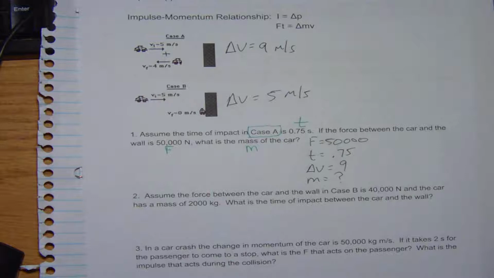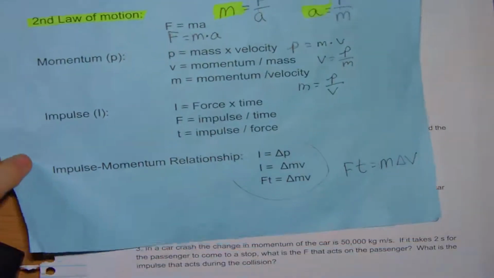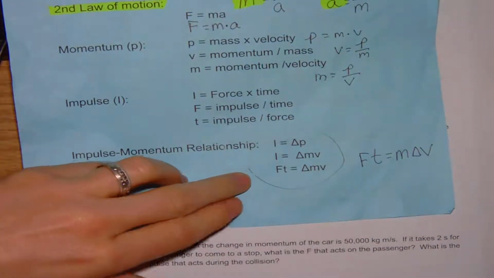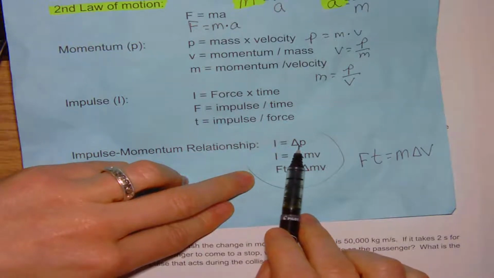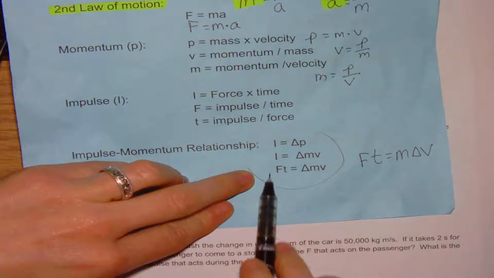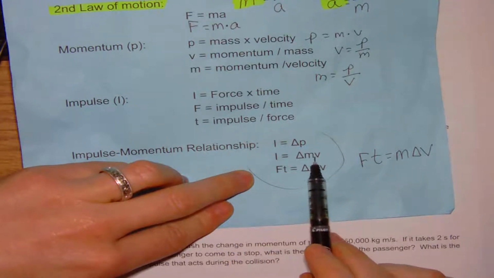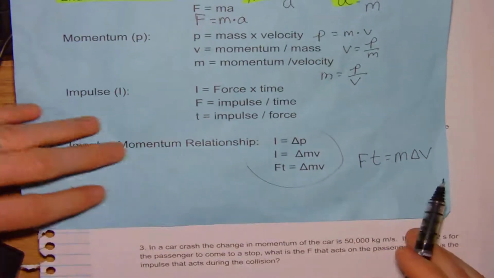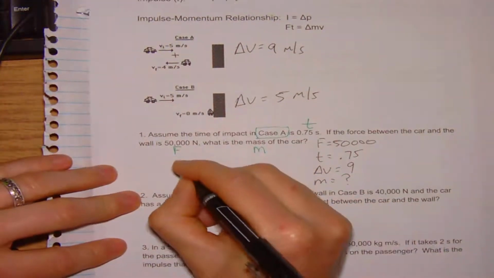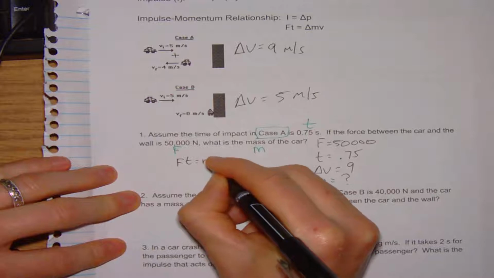Once you make a list of what you know, because one of the biggest struggles people have with this target is I don't know which equation to use. Just look at your sheet and pick the one that you have everything for. Okay, clearly this one won't work for us right now because I didn't give you specifically change in momentum. I didn't specifically give you the impulse, so that's not going to work. Well, this one's closer, but we have a force and a time to deal with, so we're going to deal with this bottom one. All right, so we select our equation,